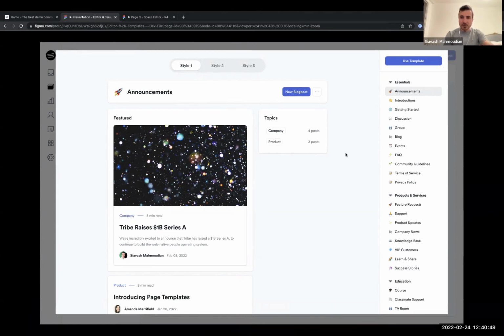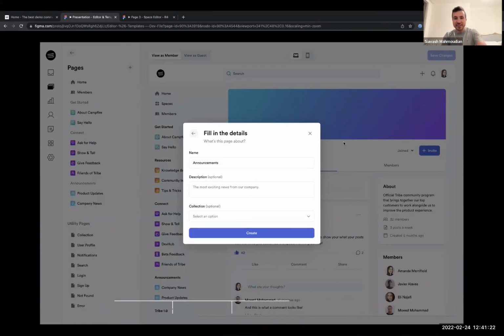Now, when you want to use a template, some examples are announcement, introduction, getting started, and discussion, up to the ones that are static, for instance terms of service or privacy policy. What's the best terms of service for a community? What's the best privacy policy as a template for communities? Some of these have content, some have posts, some have just the layout. I can easily click on use this template, and we will also fill in some of the information and permissions for creating this space.